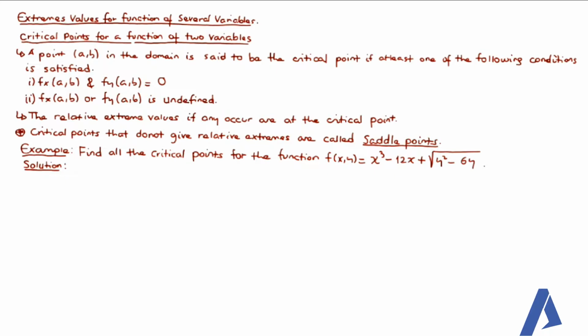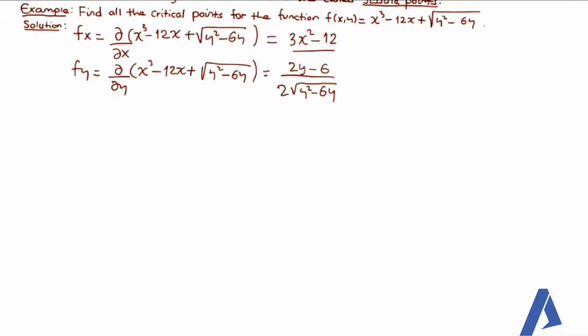እንደምናውቀው critical point for a single variable ሁሌ relative extreme value ነው የሚሰጠን። ነገር ግን for functions of two variables ሁሌ extreme value ላይሰጠን ይችላል, which means there are critical points which do not give relative extremes and they are called saddle points. So as an example ይሄኛውን function እንይ። መጀመሪያ the partial derivative with respect to x and y ማግኘት አለብን። ስለዚህ fx, the partial derivatives ይሄንን ይመስላሉ። ስለዚህ የመጀመሪያውን ኮንዲሽን እና የሁለተኛውን ኮንዲሽን አፕላይ እናደርጋለን።